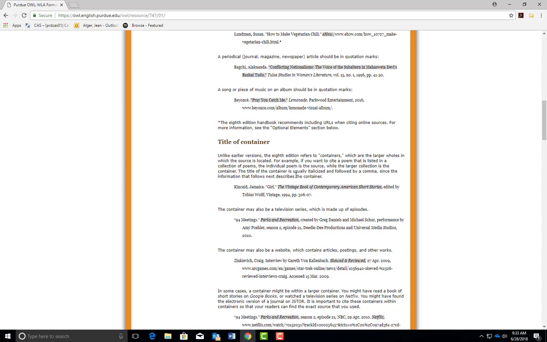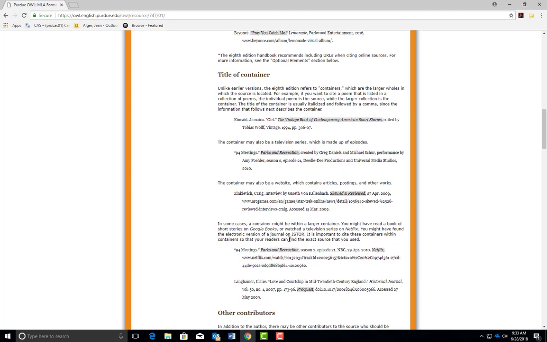Containers basically mean the text that a smaller text is contained within. Or, to put it differently, if you have a book of short stories, for example, that's the container for a single short story. Or, if you're talking about a television episode, the container is the television series.